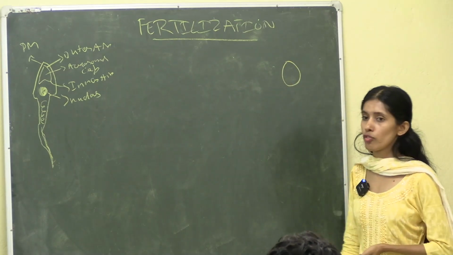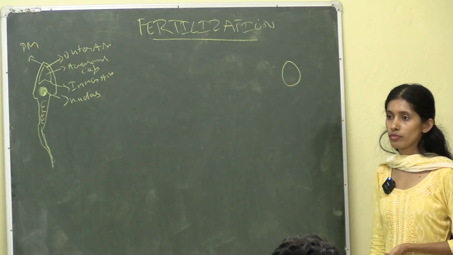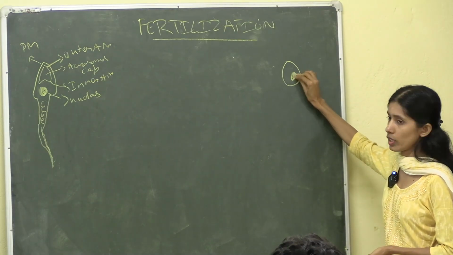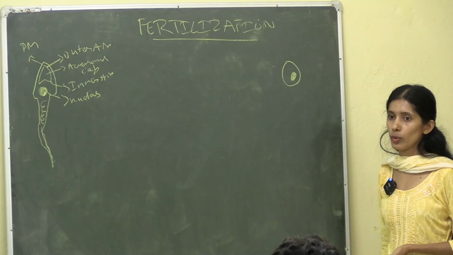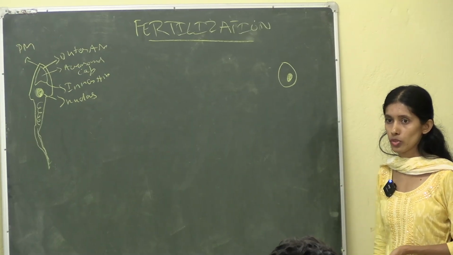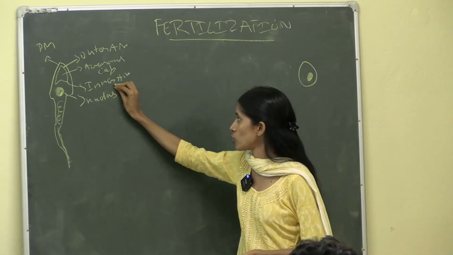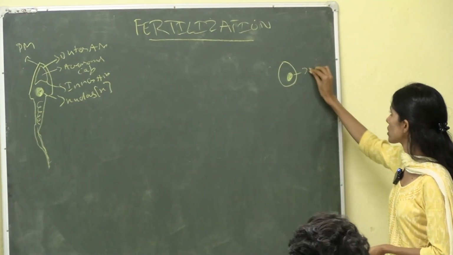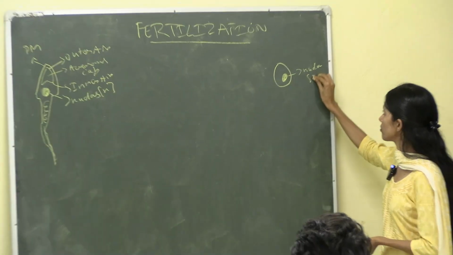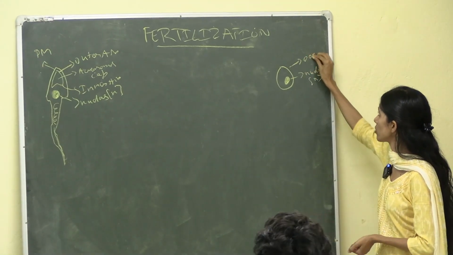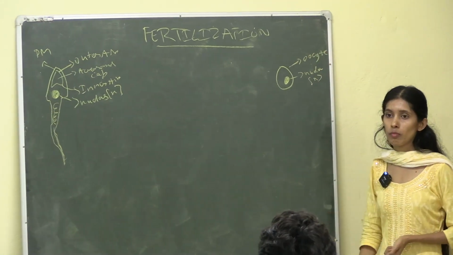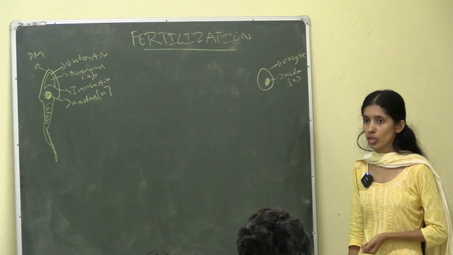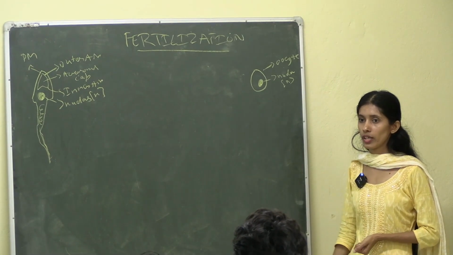What about the structure of the female gamete? This is the oocyte. Inside the oocyte we have the nucleus, which carries the DNA, 23 chromosomes. Here this nucleus is also carrying 23 chromosomes. This is the nucleus, this is the oocyte, and the oocyte is covered or lined by